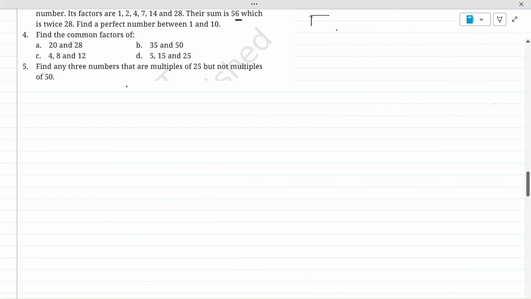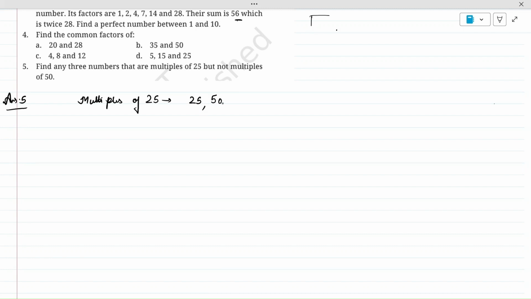Find the 3 numbers that are multiples of 25 but are not the multiples of 15. So kids, let's do this question. Question number 5. What I'll do is I will first write the multiples of 25. Let's write down first 5 multiples of 25. Okay, so this is multiples of 25 and they are 25,